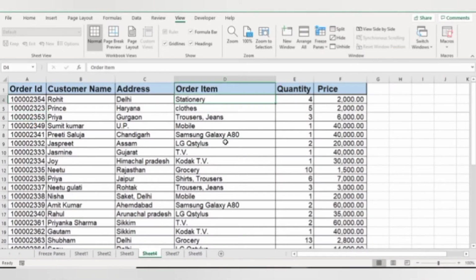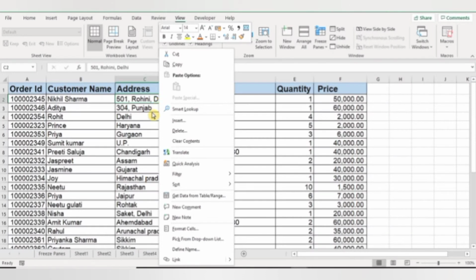So here my data is frozen till my row number 5. So if you hide any row or column from your data and if you apply Freeze Panes on that particular row or column, then that particular row or column won't be visible.